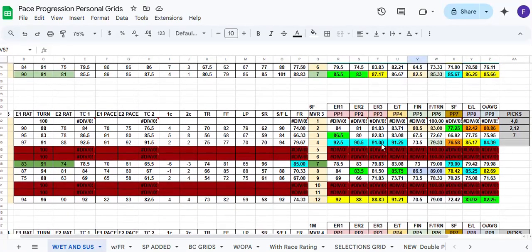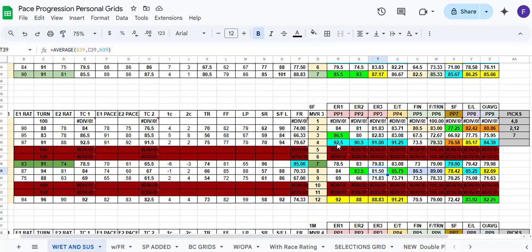But we take a look here, and it's telling us the 4 horse, based on the early measurements along with the turn, even though he didn't have the best turn rating. He had the 3rd best, 91, but it was good enough to put him on top in this category, early in turn. So chances are that horse has a good shot based on the data from the pace line we chose, and if the horse runs to this,